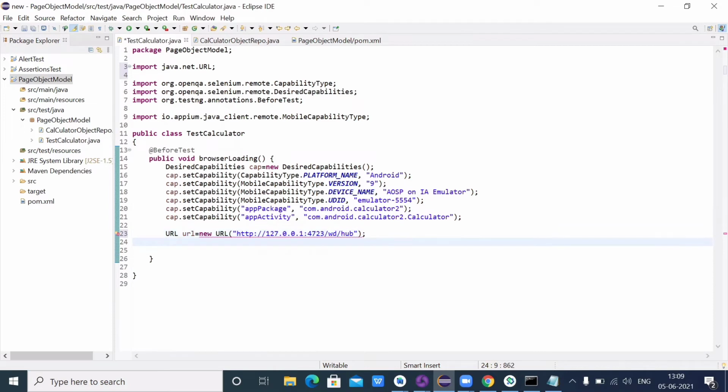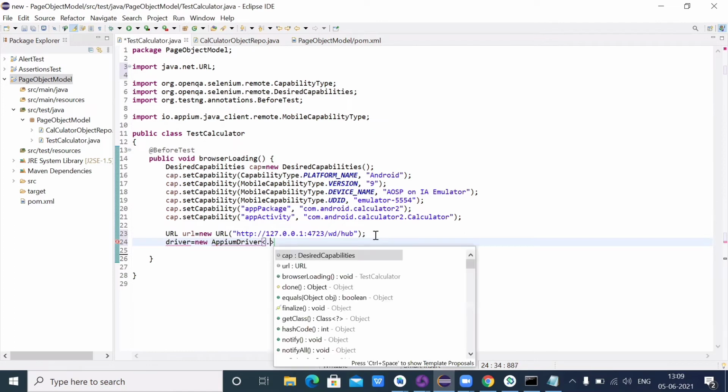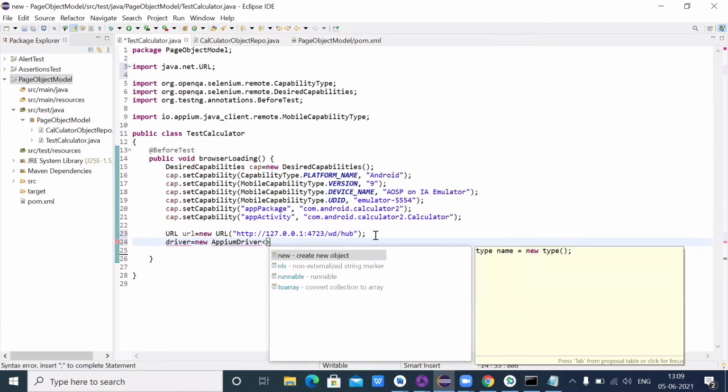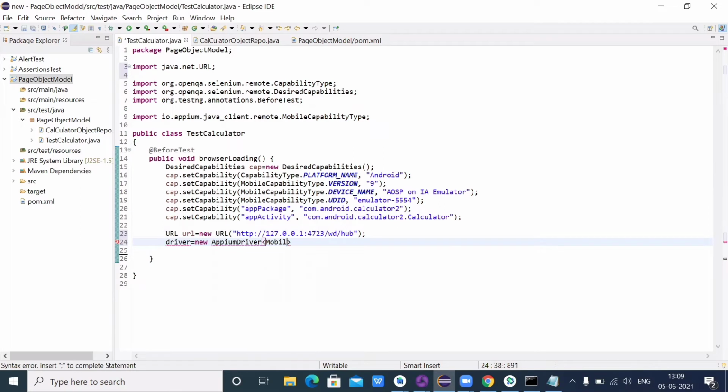and at last I will launch with the driver. So driver equal to new. Here I will take AppiumDriver instead of WebDriver, and the type of this AppiumDriver I am going to take is MobileElement.